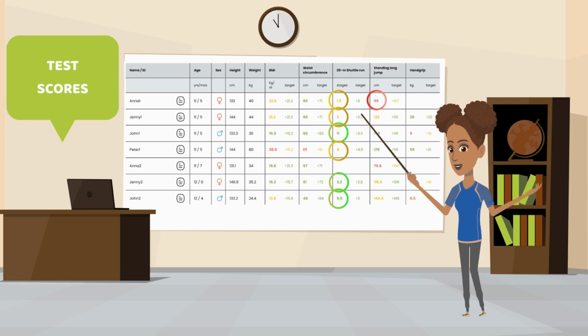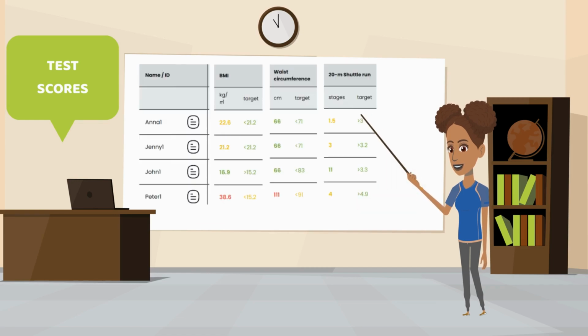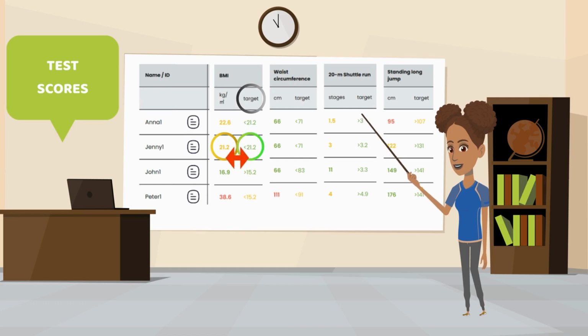Physical education teachers will find it easy to interpret the health-related zones, the green, yellow, and red, since their students' raw values are depicted in a color-blind fashion. The test scores table also has additional information on the cutoff value or target score for the next health-related zone for specific tests. If the student's score is located in the yellow zone, the cutoff value presented is that of the transition from the yellow to the green zone. Moreover, teachers can access an interactive individual fitness report by clicking the report icon next to each student's name.